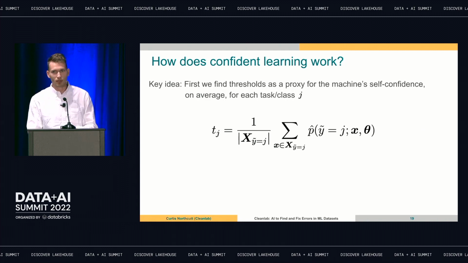The reason we're going to compute this is because something that was not considered previous to this work was the idea that a model can be more or less confident for each class. That's actually a real problem. It's the notion of heteroscedasticity in learning, and if you don't consider it, then you'll have some model that does really well on tigers and dogs, but really bad on keyboards, and then you'll think there's a lot of noise on keyboards, and that'll get all tricked out. So what we're going to do is normalize by the class thresholds for every class, and I'll show you how that works.